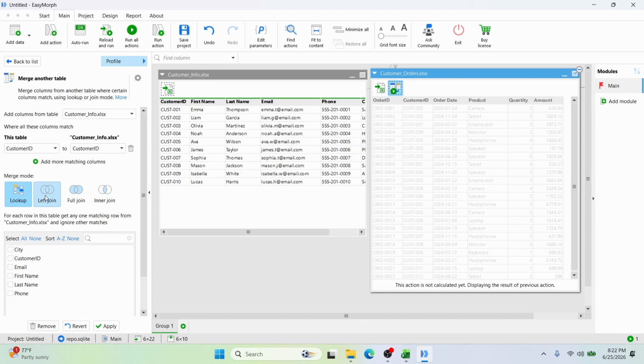For our case, I will use left join. So this keeps all 22 orders and adds customer info wherever there is a match. So the two orders for customer 11 and 12 will stay, but their customer fields will be empty since they don't exist in the customer info file. So I will get this city column, email column, first name, last name, phone from the customer info file to